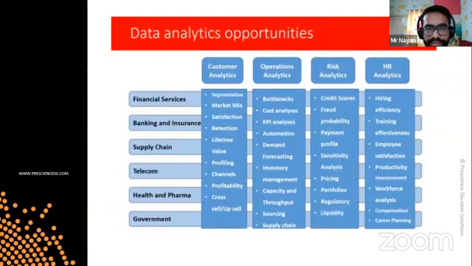Now, what are the data analytics opportunities based on the sector-wise domain? The first is customer analytics, which can be taken within financial services. What customer analytics does is segmentation. Segmentation determines which customer falls into which category. Then the market mix, then we have satisfaction, we have retention,